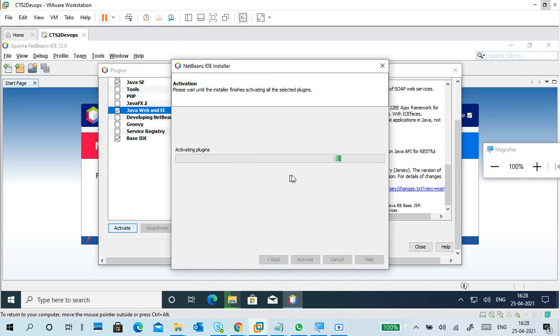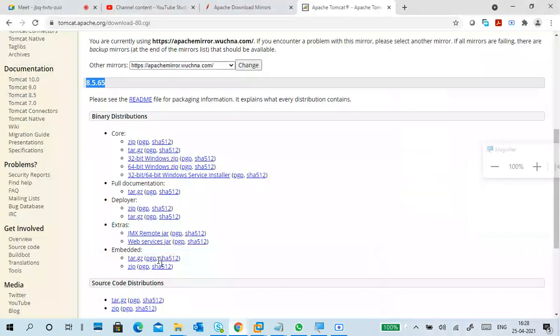No, it has just started something. My internet speed is also okay, I think, because it's downloading very fast.